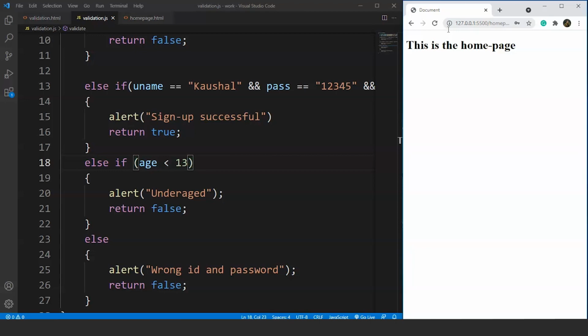We have many things to do with validation in JavaScript, like adding some more conditions or using regular expressions to validate forms in JavaScript. Using regular expressions for validation is what we already saw in the previous videos. So we have gone through it already. I want you guys to show some creativity and do something new on this topic and let us know what you have done in the comment box.